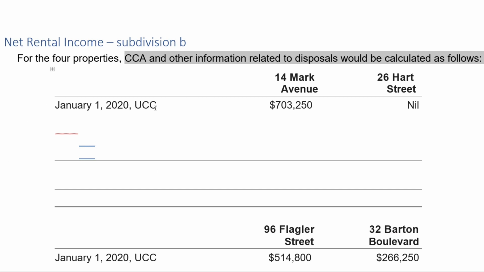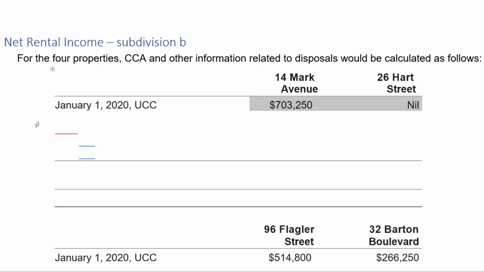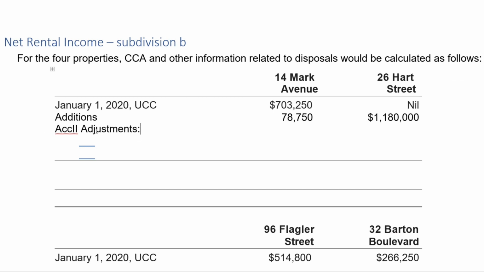On January 1st, 2020, we have the undepreciated capital cost. It's $703,250 for 14 Mark Avenue, and you'll recall 26 Hart Street was acquired during the year, so the opening UCC is 0. Next, we can start to deal with any adjustments or additions, and we do have additions during the year, and they would be treated under the rules that we find under the accelerated investment incentive. For 14 Mark Avenue, the additions, remember, were $78,750. For 26 Hart Street, the entire property was acquired, so that was